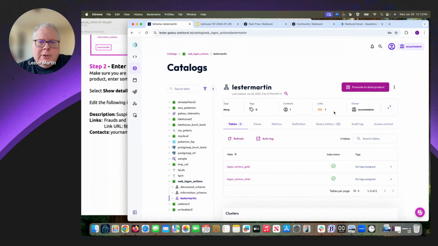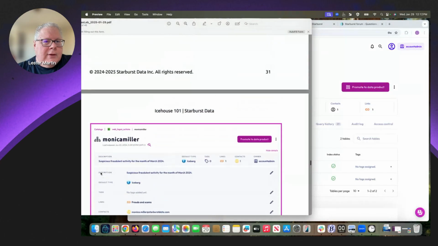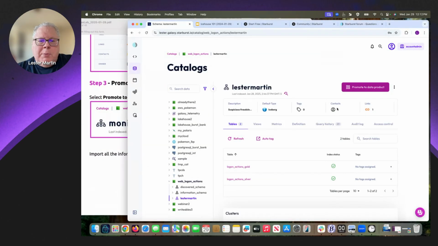So that didn't add a whole lot. Contacts, info, description, that kind of good stuff. What else do I want to decorate this thing with? I think your name. Yep. All right. At this point, I might say, hey, this schema, web logins, Lester Martin, this whole schema that has